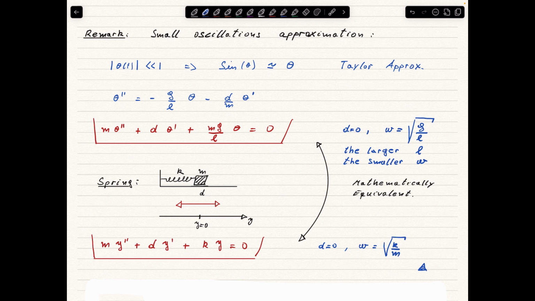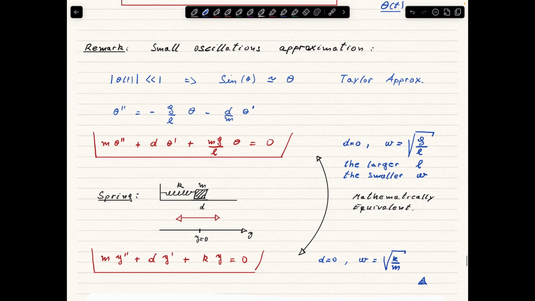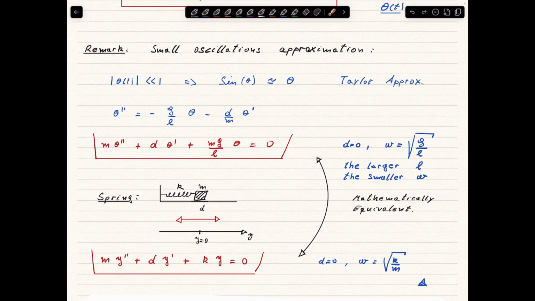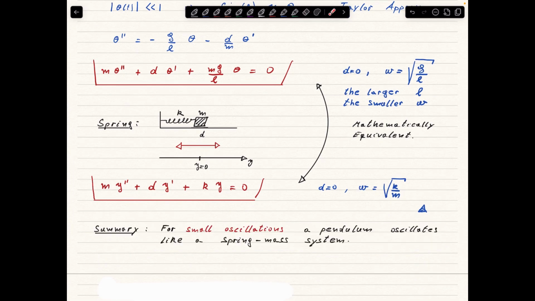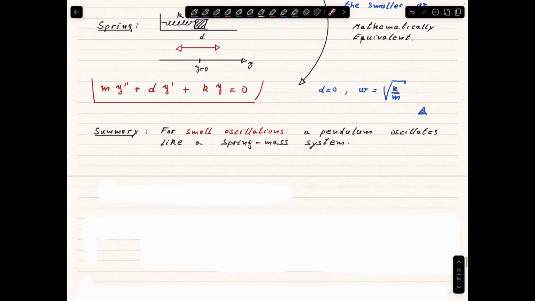The longer the stick in the pendulum, the smaller the frequency of oscillation. So this small approximation of the pendulum is just the movement of a mass spring system. So in summary, for small oscillations, a pendulum oscillates like a mass spring system. So now let's move on to